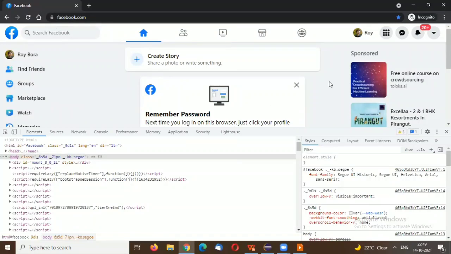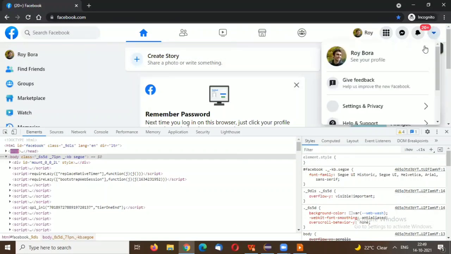Then when we log in with facebook.com, you can see that the title is changed. It means that when you log in with facebook.com, the web page title should not be the same. If it is the same, then you did not log in successfully. But if it gets changed, then you have successfully logged in with facebook.com. So we need to verify this concept to properly pass your test script.